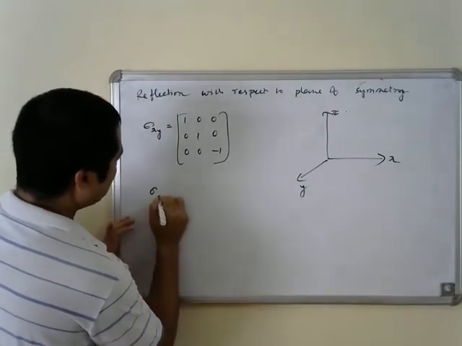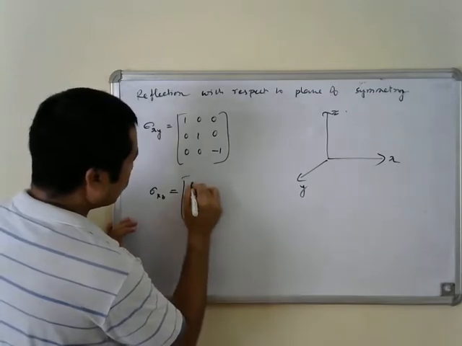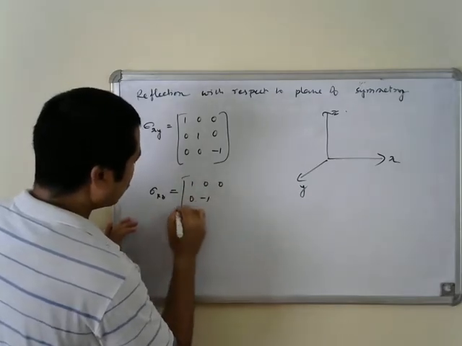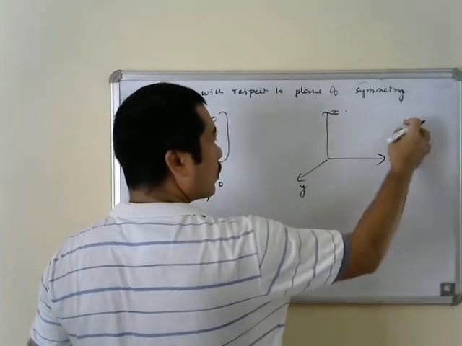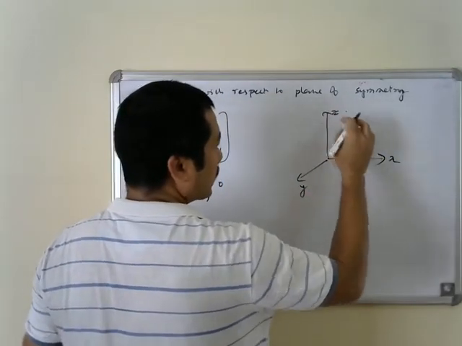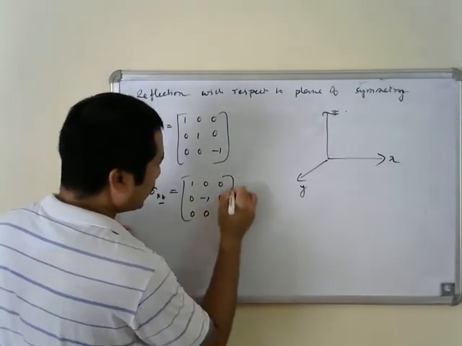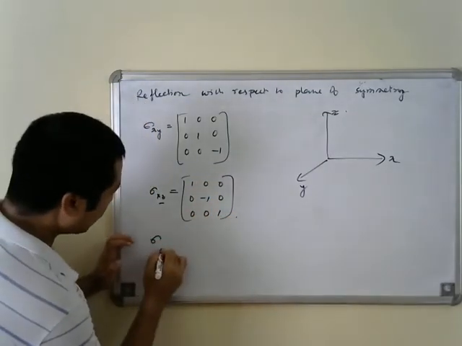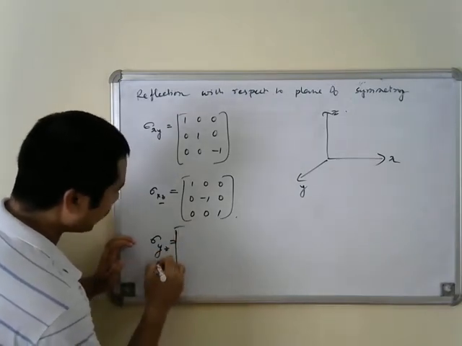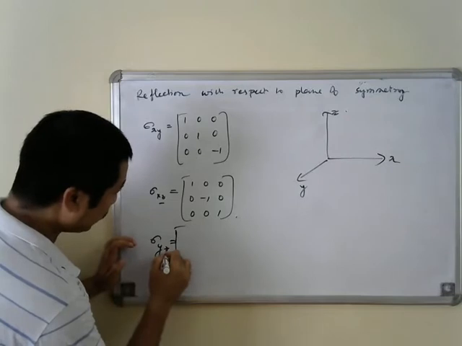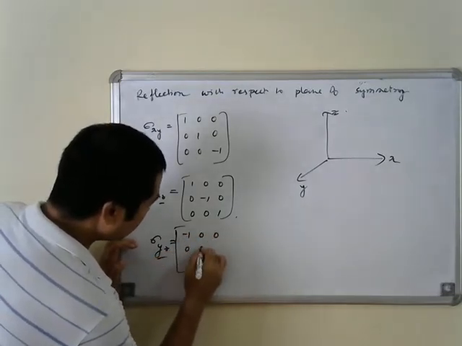Similarly, sigma xz is very easy to write: 1, 0, 0; 0, minus 1, 0; 0, 0, 1, because the xz plane lies on the plane of the board, so the y coordinate will go to minus y, while x and z coordinates remain the same. Similarly, for sigma yz, only the x coordinate is going to change, and y and z coordinates remain the same,